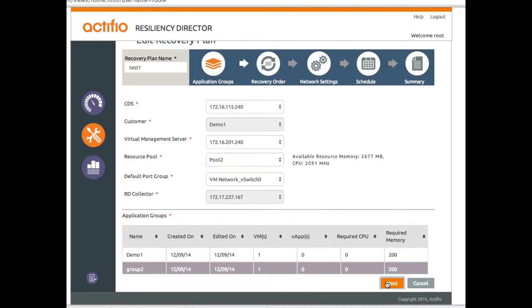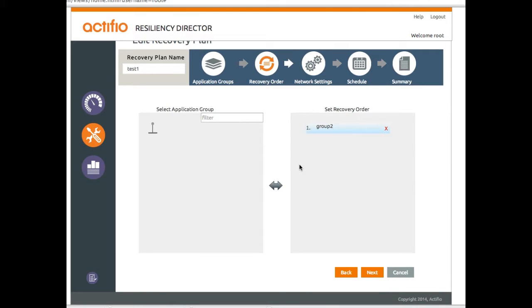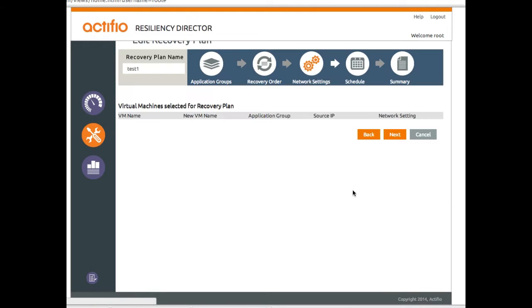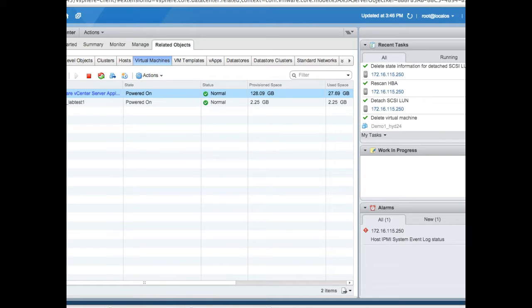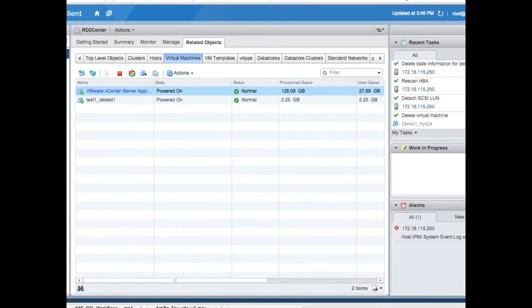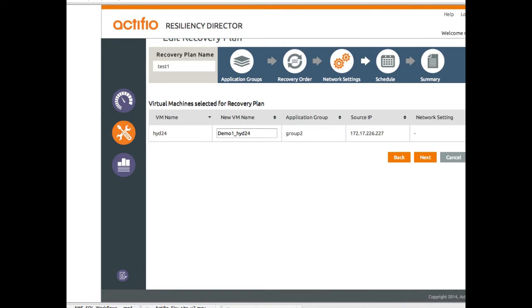If we hit next, we now can go in and define our plans. As you can see, I've only got one, so there's not really a lot going on there. In fact, I've only got one virtual machine in that list at the moment. You can see the virtual machine's name that it's going to get when it gets created. Just switching over here to show you that I don't currently have that virtual machine. So when we execute the recovery plan, that's what we're going to be creating